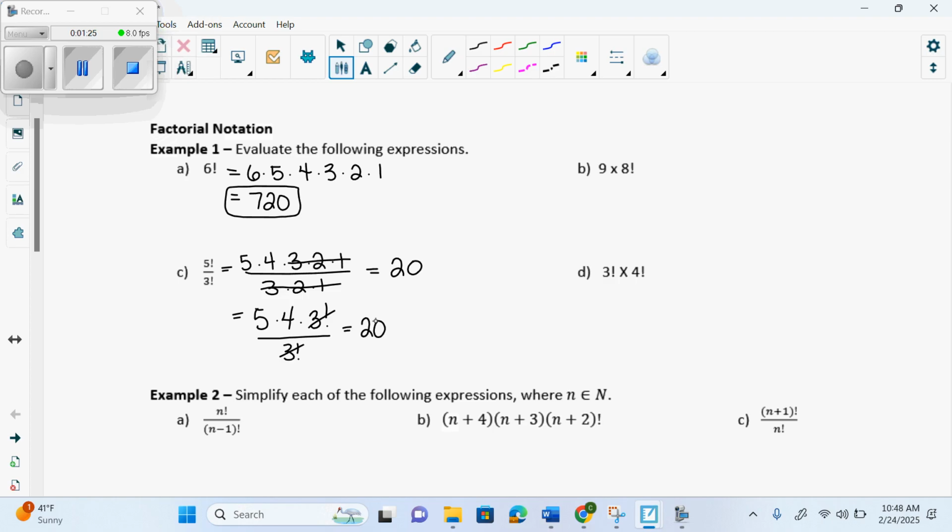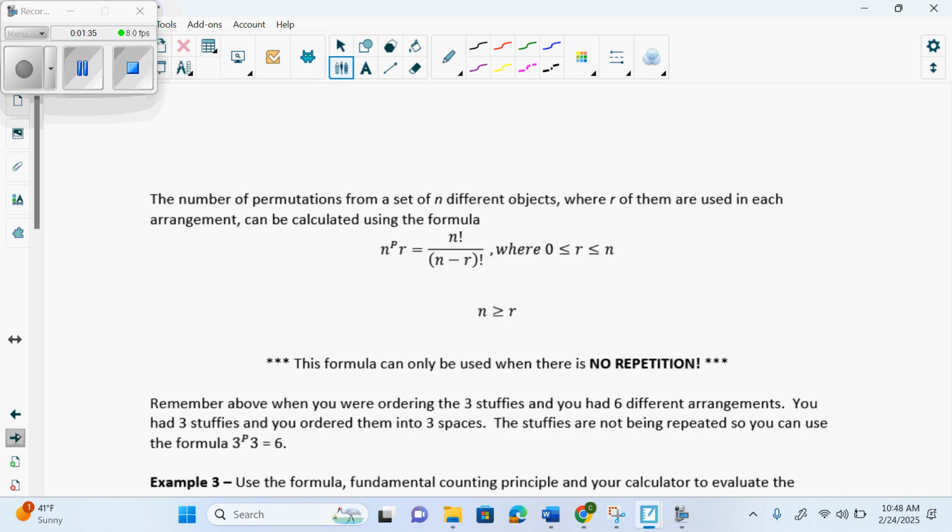All right. Then we're going to flip to the brand new booklet. We're going to bypass the other stuff on the bottom for now. So we're here. So this is the permutation formula, nPr. Number of permutations from a set of n different objects where r of them are used in each arrangement. The catch here with nPr is that n has to be bigger than r. We've talked about this. You can't have like 3 hats and then arrange 7 of them, right? That doesn't make sense. So your first number, this n, has to be at least the same or greater than